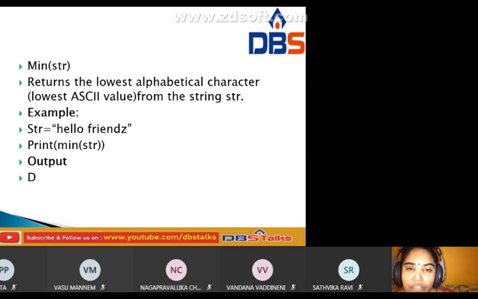Going through hello friends: D, then E, F, H, L, L, O, R, and after that Z. That's why printing the minimum of str gives the output D. This returns the lowest alphabetical character, the lowest ASCII value from the string str.